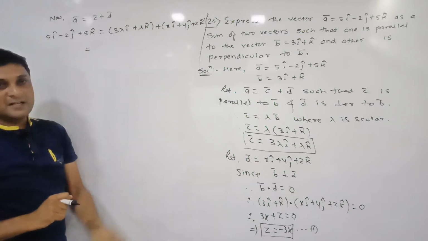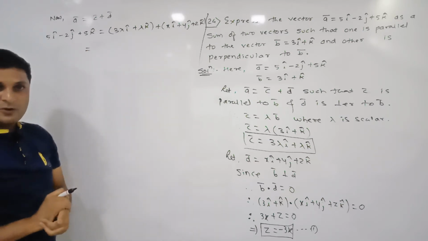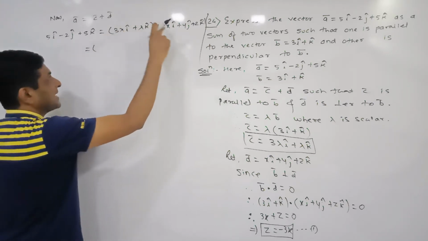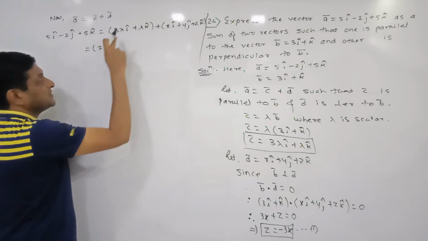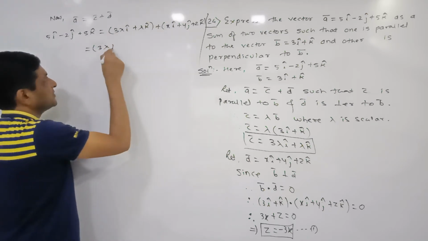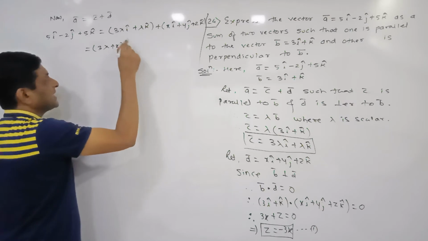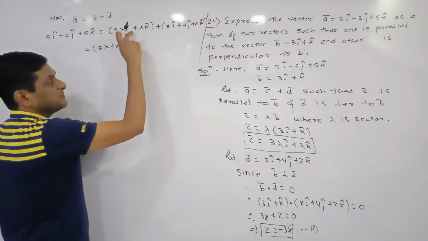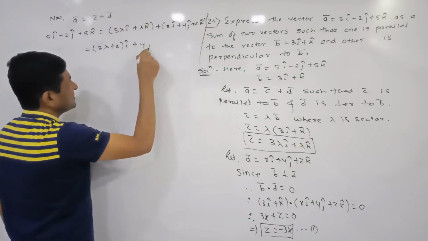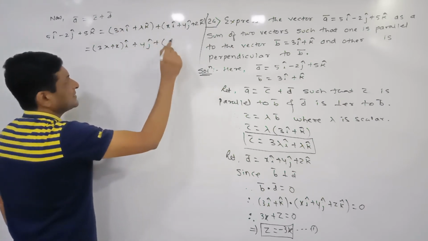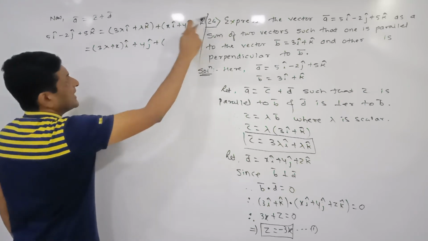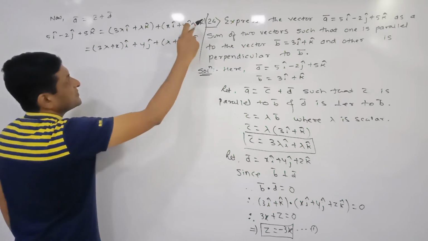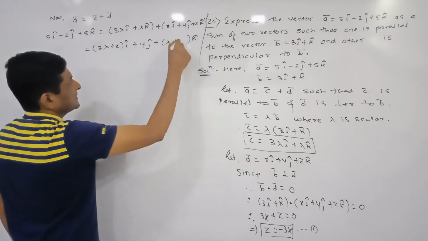So on the right hand side also, we are trying to get a linear combination of i cap, j cap, k cap. For that purpose, first collect the terms of i cap. Here its coefficient is 3 lambda and here its coefficient is x. Simply, we have taken i cap common from these two terms. Now take j cap common. Here the term of j cap is missing, so only one term of j cap is there, that is y j cap. Lastly, collect the terms of k cap. Taking k cap common from these two terms, here its coefficient is lambda and here its coefficient is z.